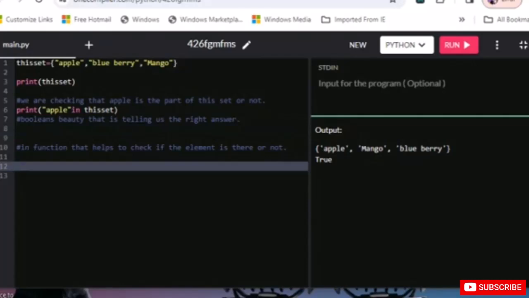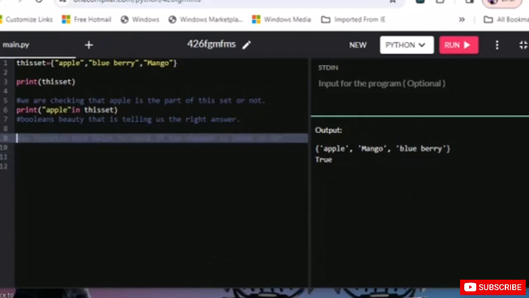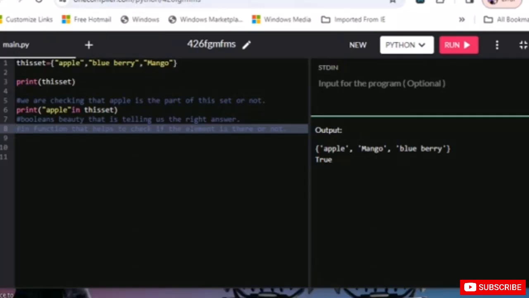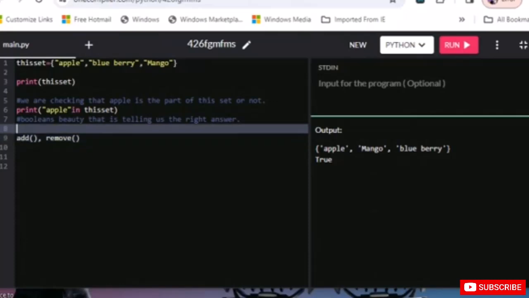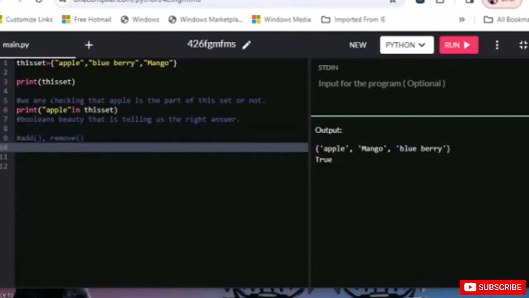Okay, now with all that said, let's try something new here. Let's delete the unnecessary comments that I have made here. That just makes it clean, nothing much. Let's add something now. I'm keeping it blank, which will help us understand that we're going to add something. By the way, this is the comment itself, so I'm going to use the comment right here. Now let's add something. So set dot add, and let's use the brackets here.